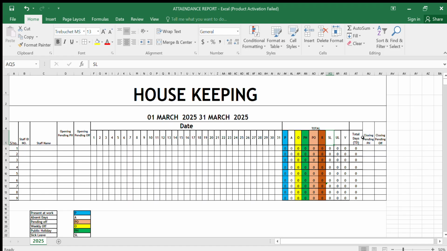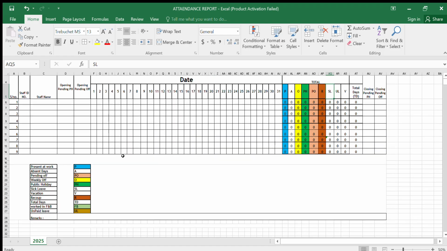And then here it shows total days. Here closing pending PH and closing pending day off. And